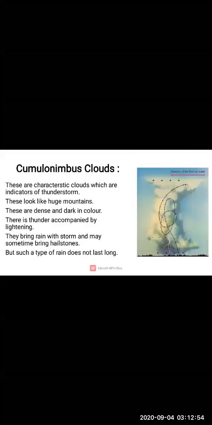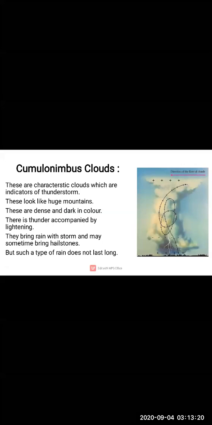Now, next and the last part is cumulonimbus clouds. Okay, children, now recall 7th standard science. We have studied in 7th standard the charges which are developed, positive and negative. So here we have seen that